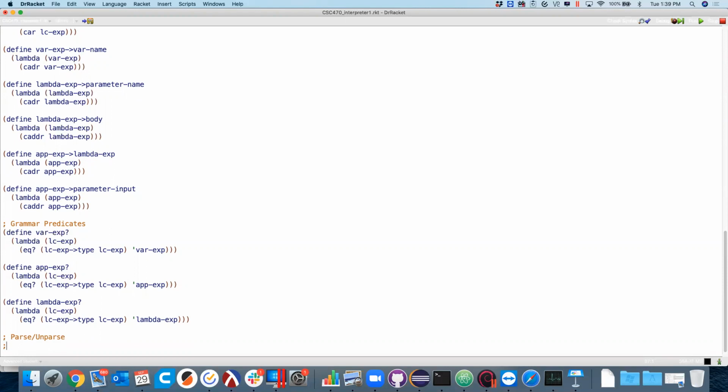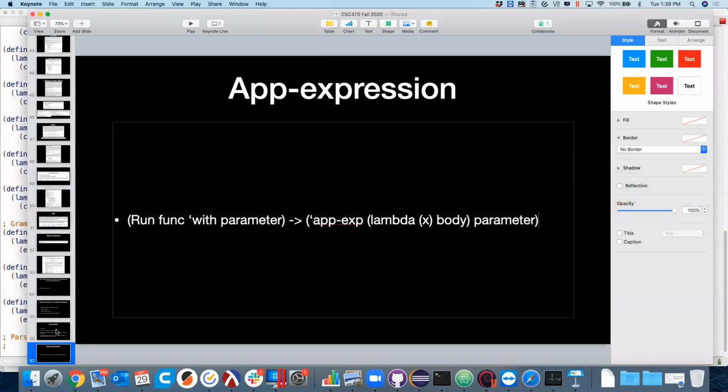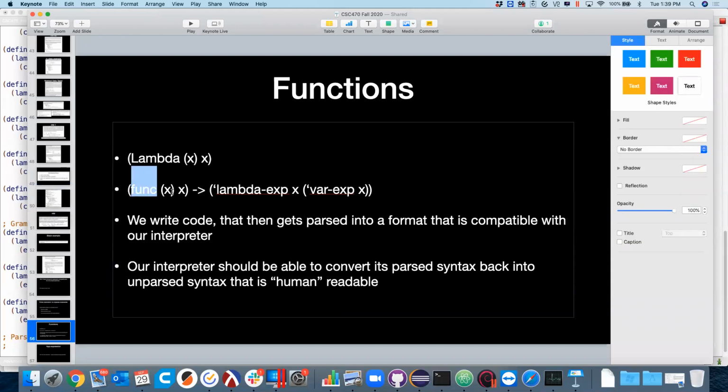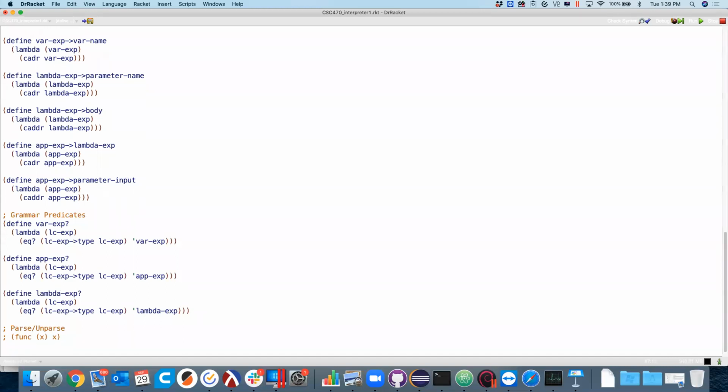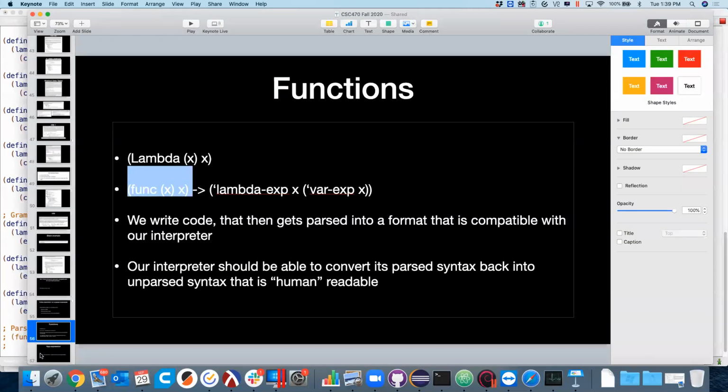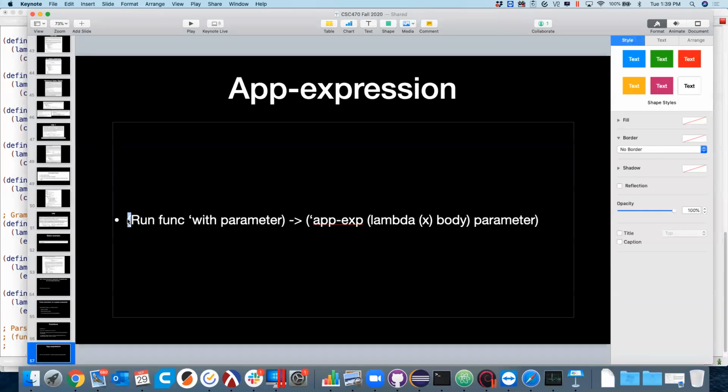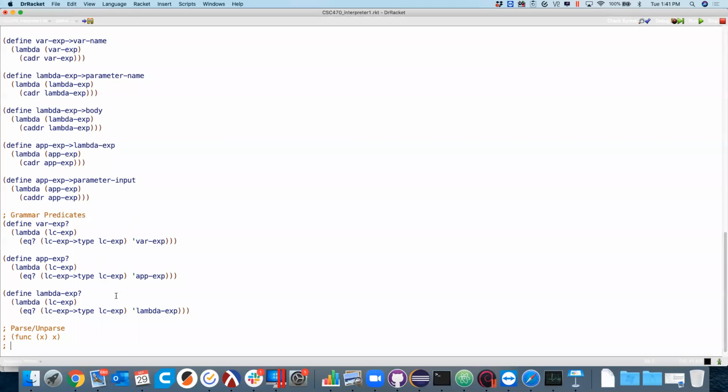So we have this idea of a... I'll just steal our normal syntax. So run a func with a parameter,